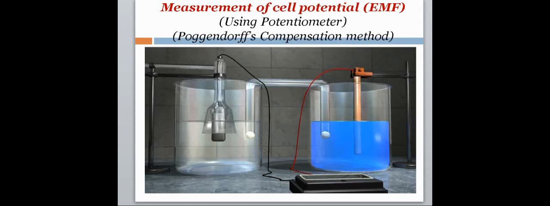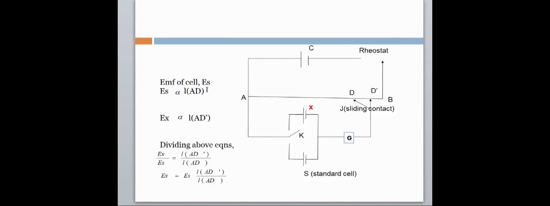Let's take a look at the circuit diagram. Now EMF of a cell. ES is for the standard cell. EX is what we need to find out, so cell potential for an unknown cell. So this is how that entire structure is. There is a rheostat, a zigzag line here, like how generally we show it for resistance, and this pointer touching that zigzag line. So there is a sliding contact which can move across this AB. The sliding contact can be at D dash and D. So suppose EMF of the cell, that is ES, is directly proportional to length AD.